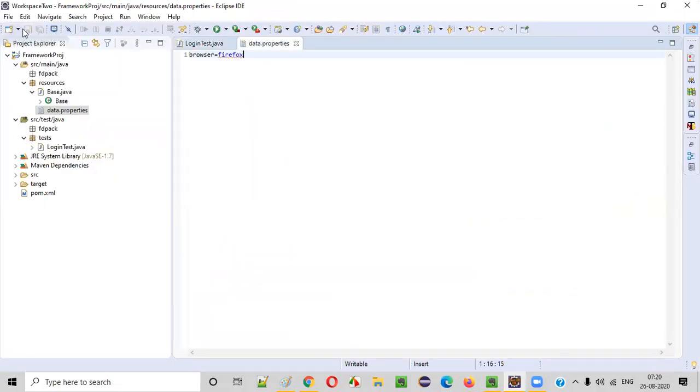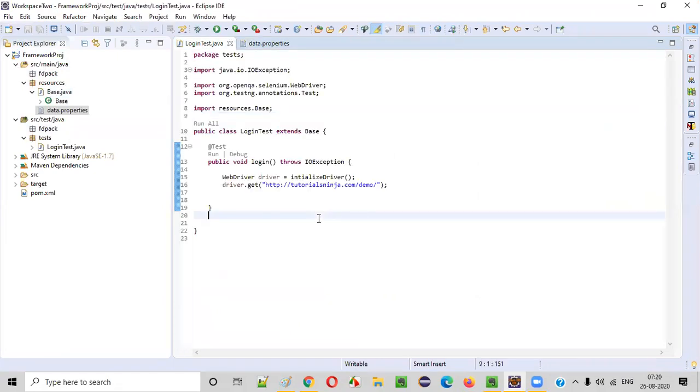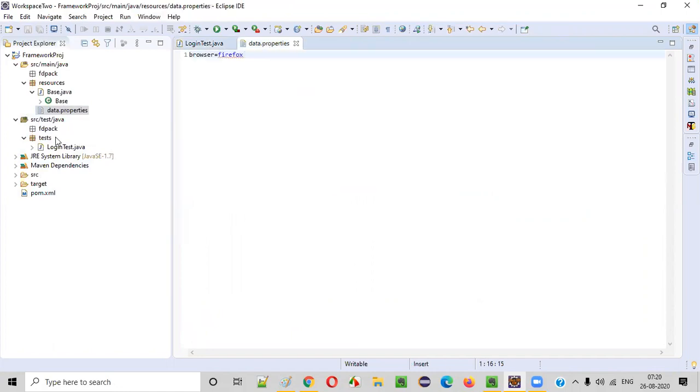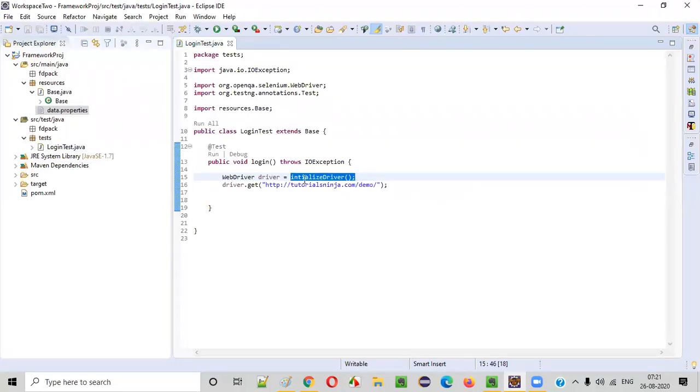The framework will make you do things in an easier manner. Reusability is one of the advantages of the framework. No matter how many test cases you create, you have to initialize the driver, but you don't have to write the same code again and again in every test case. Simply call this method known as initialize driver. That's it. And hard coding is gone, right? Using these properties, we have eliminated the hard coding part. Now simply say browser is equal to Chrome, and things will be good for us. So we implemented the properties file and we have reduced the hard coding.